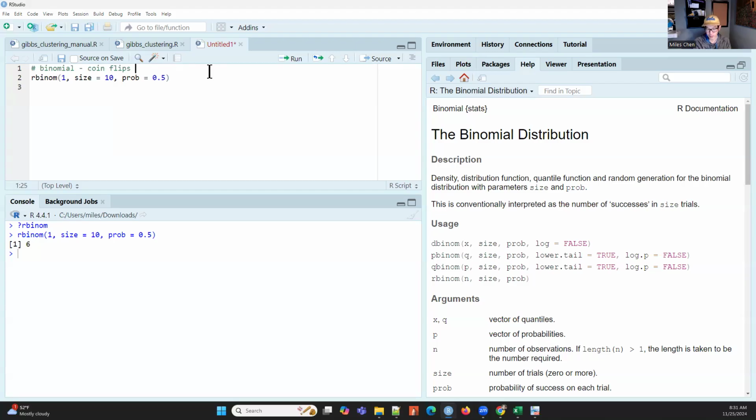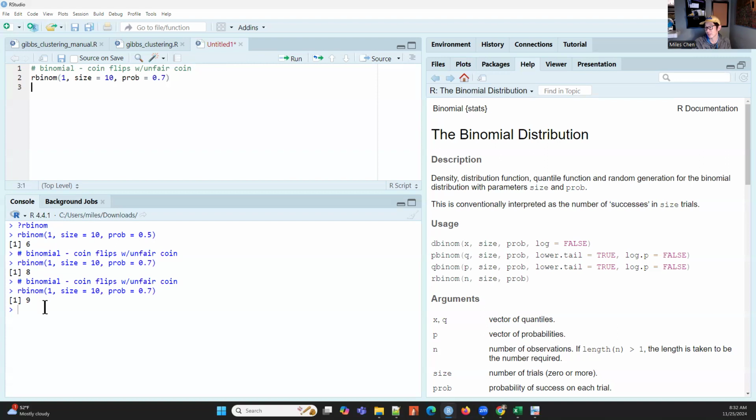Coin flips with possibly an unfair coin. So you could put in probability 0.7. I'm going to flip it 10 times. How many times does it land heads? It says it landed heads 8 times. If I flip it again, it landed heads 9 times. It landed heads 6 times. Okay, so that's binomial. Multinomial is basically